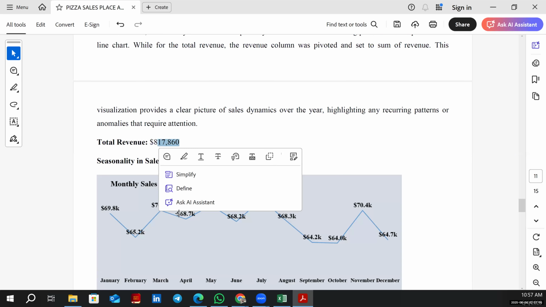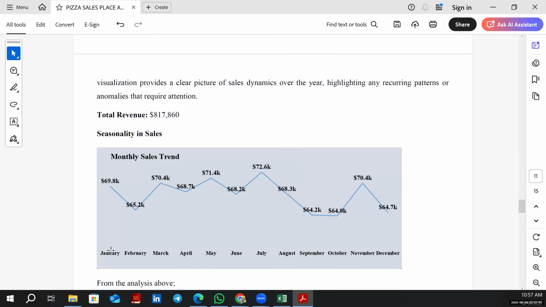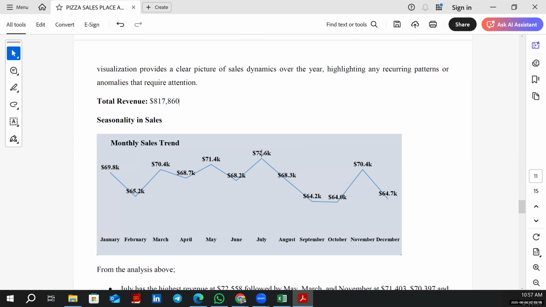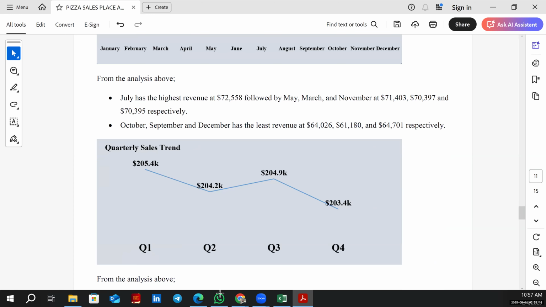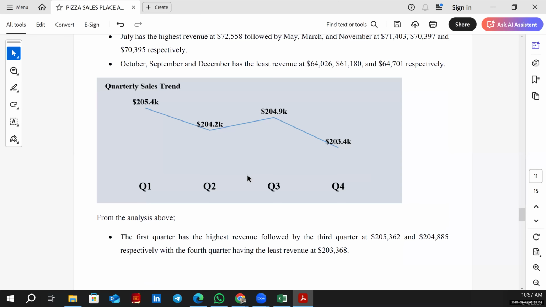Seasonality in sales, I looked at what sales trend from January to December. And you can see the highest sales is July. Least sales is October. Okay, so I explained that quarterly sales, first quarter, second quarter, third quarter, fourth quarter. So fourth quarter has the least sales. So they can make decisions from here. Okay, afterwards,